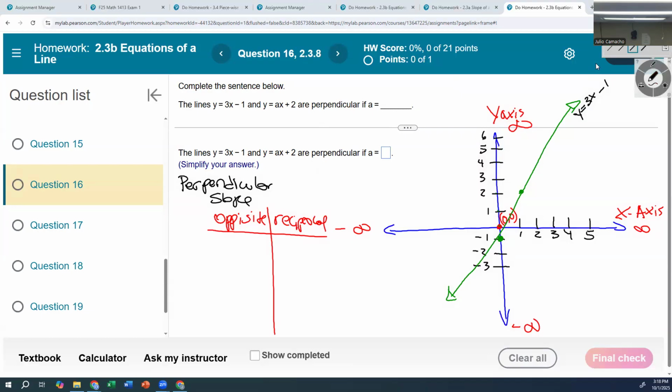Well, what is the slope of the line? The slope of the line in this one is 3. That is the slope, 3 over 1, or 3. The opposite of 3 is negative 3. And you can write negative 3 or you can write negative 3 over 1. It's the same thing. To find the reciprocal of the opposite, I need to flip